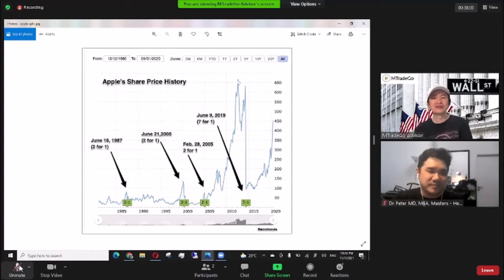Okay, you already know that the power from just about a few thousand ringgit, a few thousand US dollar can turn to 9 million. All right. Okay, now we look at the chart again. So it dropped down here, and it dropped down. This is not a share price drop. This is really good news. Okay, you know why? Because during this period of time, there's a split 7 for 1.